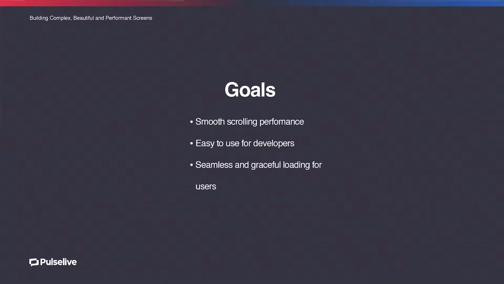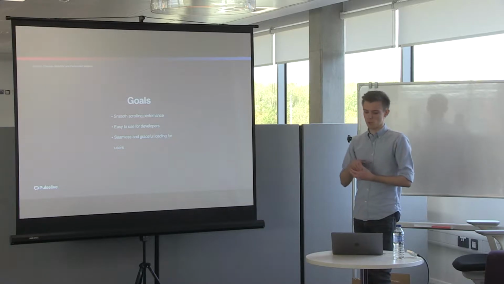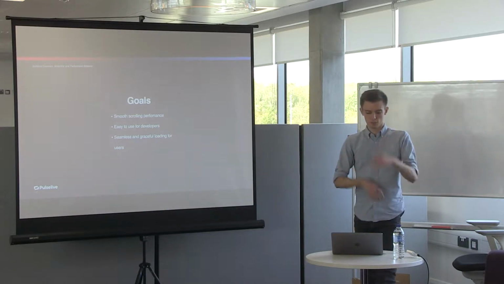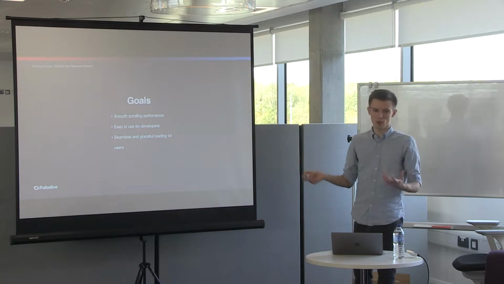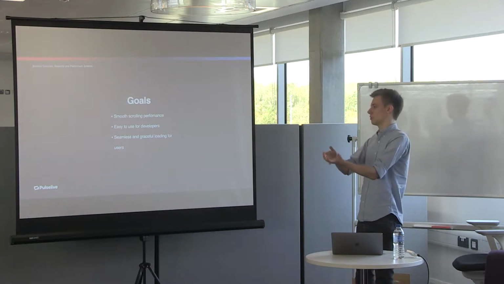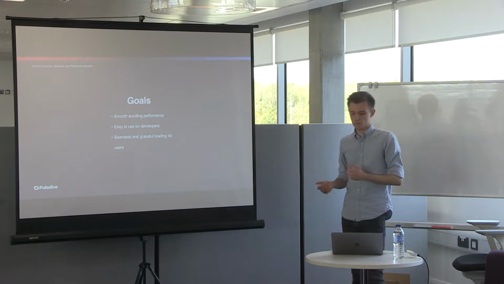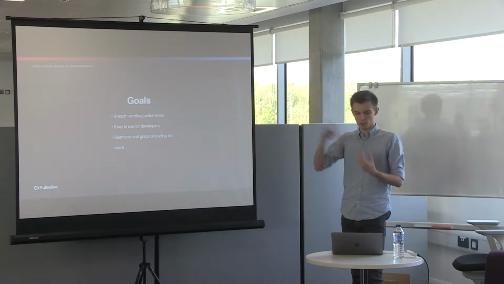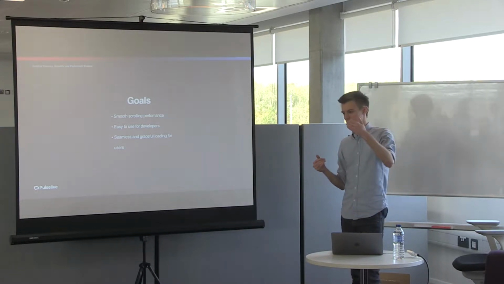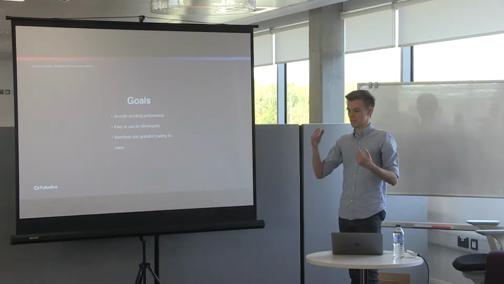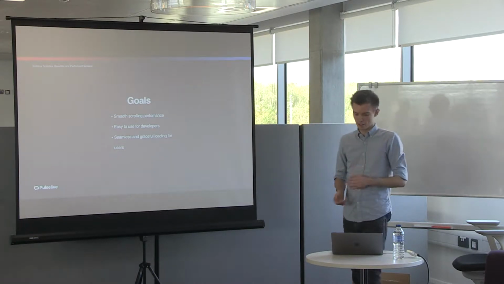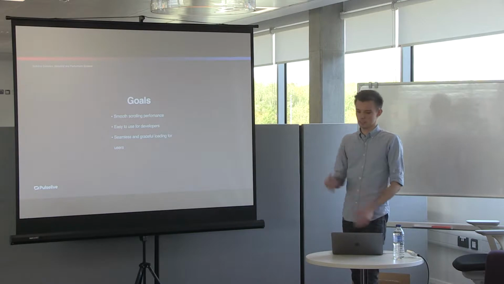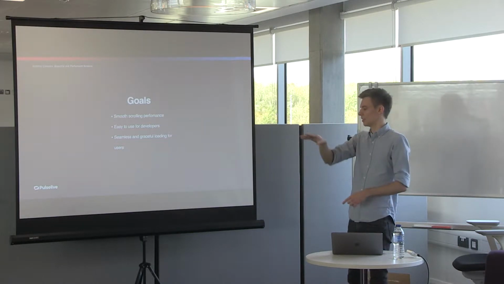We also want to get seamless and graceful loading for users. So if you imagine all this content for the home screen is coming from a lot of different places. You might have to do a different API call to get videos, another API to get news, and another one to get live scores. They all come in at different times. You don't want to end up in a place where your videos come back first. You show the videos, then your news API call comes back, and you're like, well, actually, I want to show the news widget above the videos widget, so I've got to push all those videos down, shove the news in there, and you know, with a very 2005 website feel where you go to click something, then something else loads in, like an ad or something, and you go click it, and then it's pushed down, and you click something else that you want to click